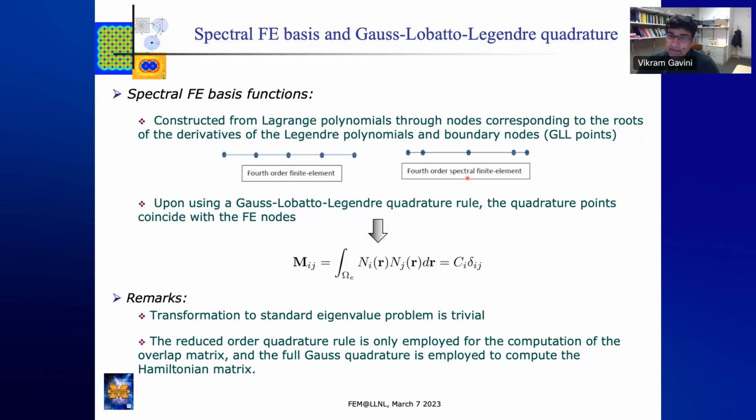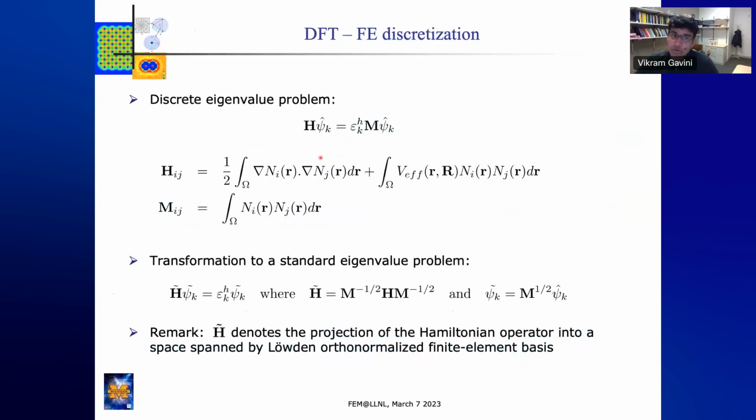The other key advantage is that if we use a reduced order quadrature rule, which is the Gauss-Lobatto-Legendre quadrature rule, the quadrature points are actually coincident with the finite element nodes, and that makes the mass matrix diagonal, and thus transforming the generalized eigenvalue problem to a standard eigenvalue problem is then trivial. I should note that we only use this reduced order quadrature rule in the evaluation of the mass matrix, but we use the full Gauss quadrature rule when it comes to evaluating